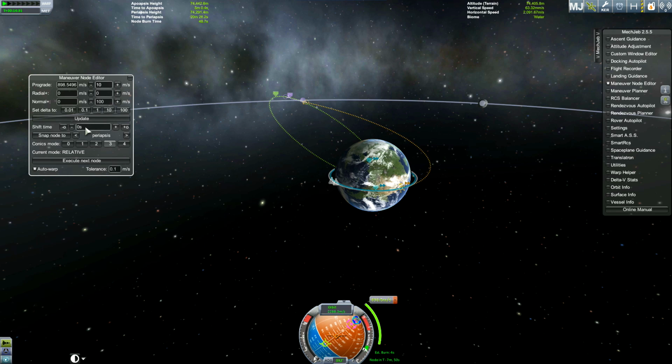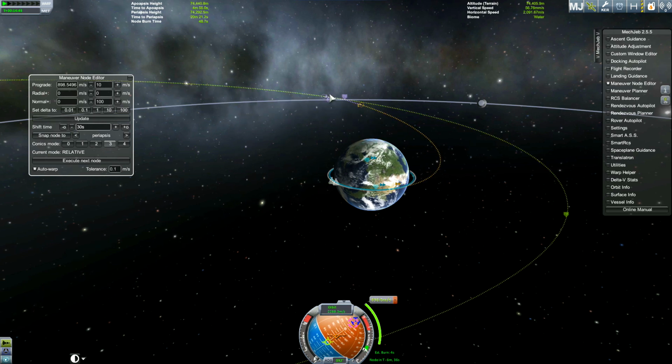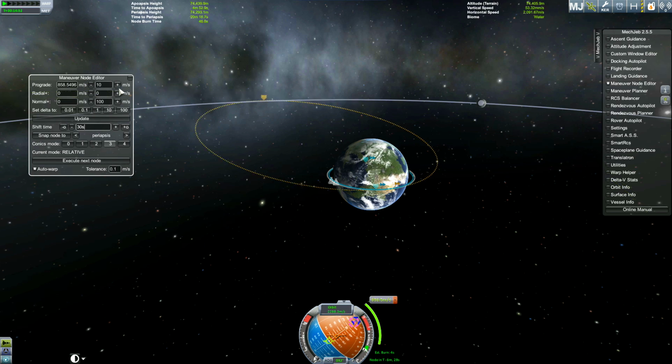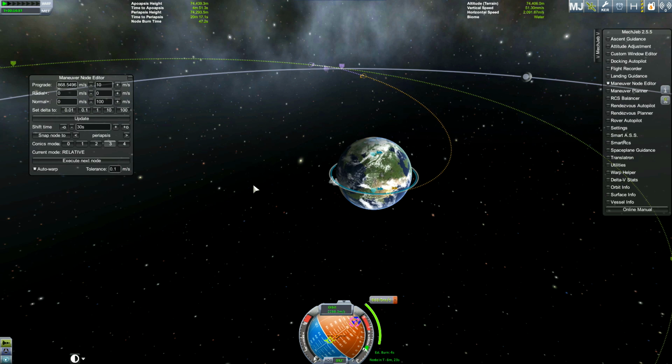Bit more. You can also change the time of your orbit. So let's say 30 seconds. Don't forget to put the S in there. Add time. Ooh. Okay, let's minus time. Make it a bit earlier. You can see then we're adjusting our node until you get the orbit that you want. It gives you the precise controls over your maneuver nodes, which you don't otherwise have if you're just fiddling with these things. So let's get rid of these things